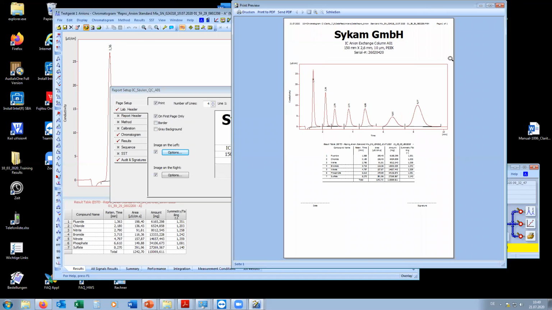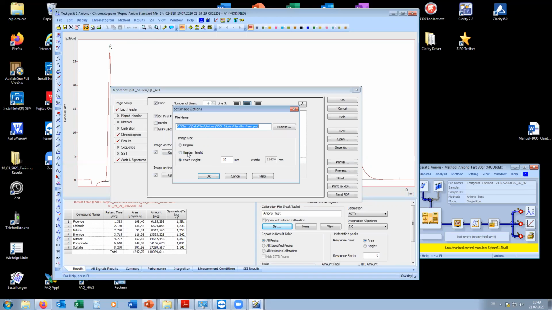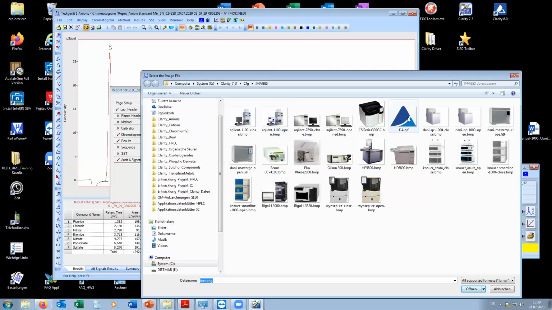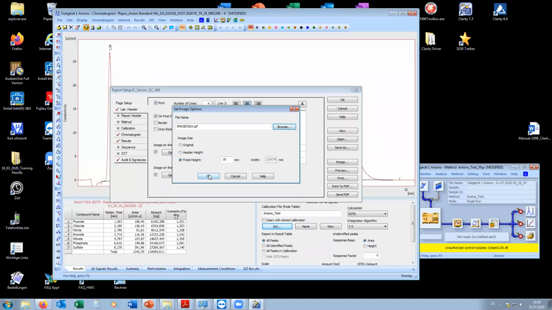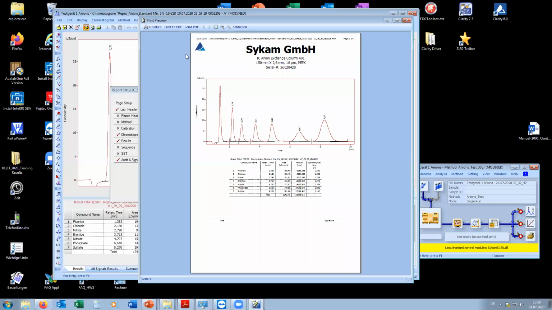And now in the header segment, I control this area. What can I do? I can write here additional information, or for example, I can put in an image if I want to. Let's browse. For example, I put in now, let's say, 10 millimeters. Okay, preview, as you see,